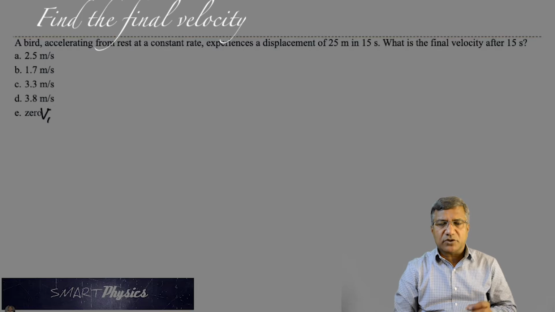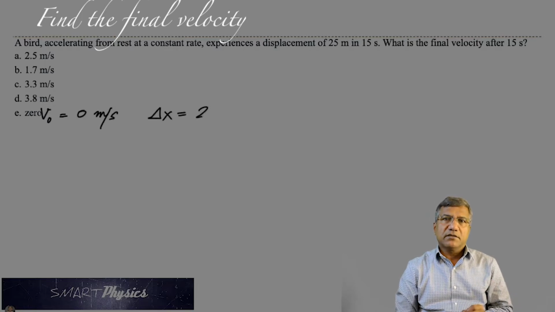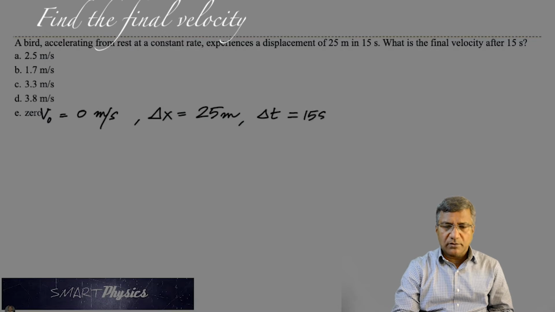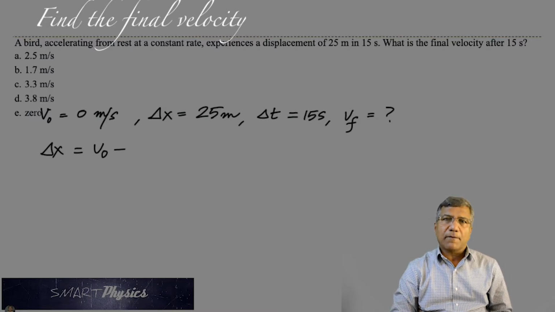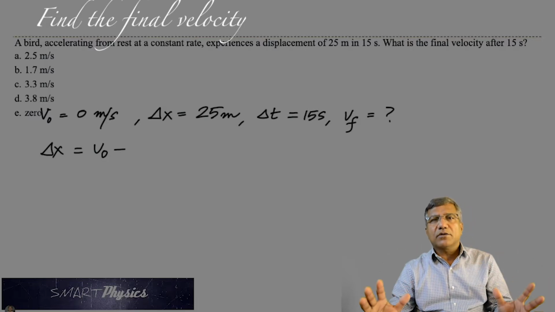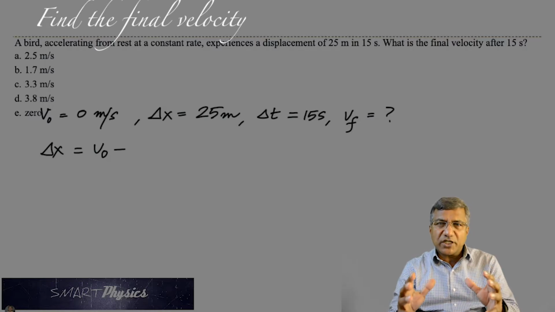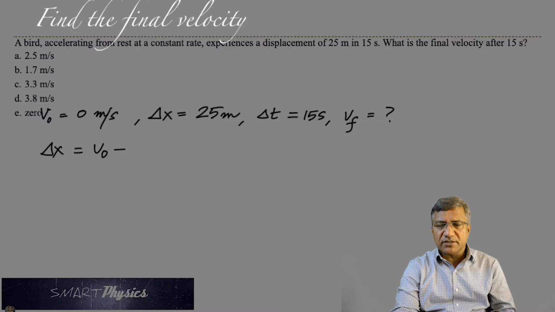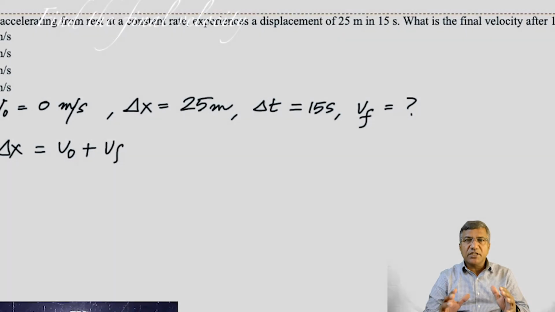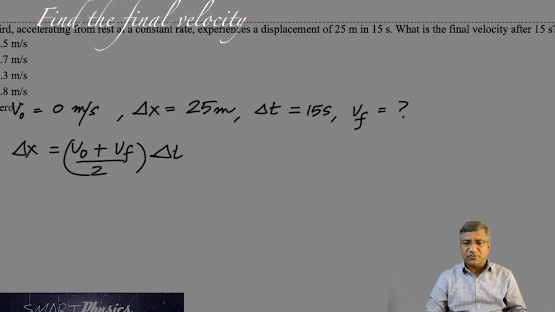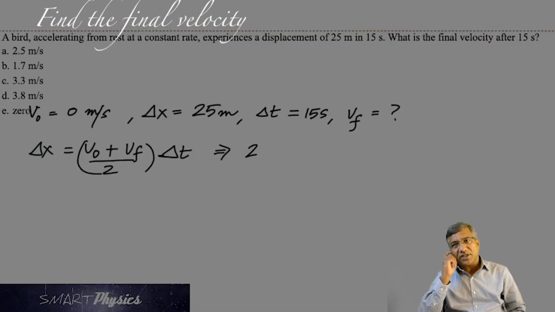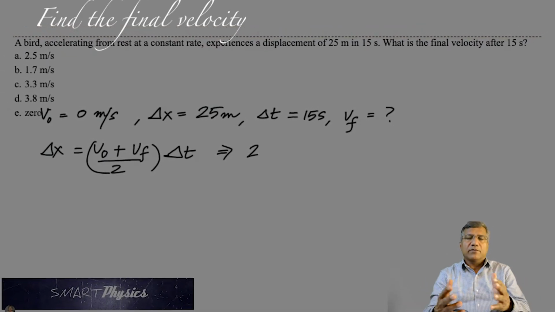All right, let me list that down. So you got to list down the quantities. Initial velocity is 0. Displacement is 25 meters. Time 15 seconds. And final velocity is to be found out. Now when you look at all those equations, which equation has all these 4 terms? It's this one. Delta x is v naught plus vf by 2 times delta t. So as soon as you figure out that this is the equation, the rest is math,